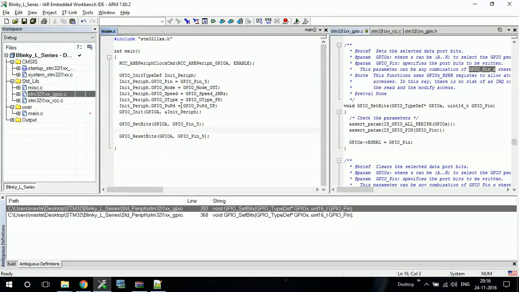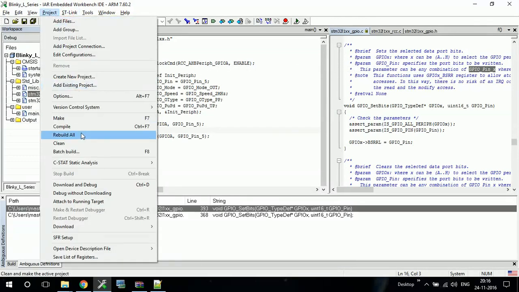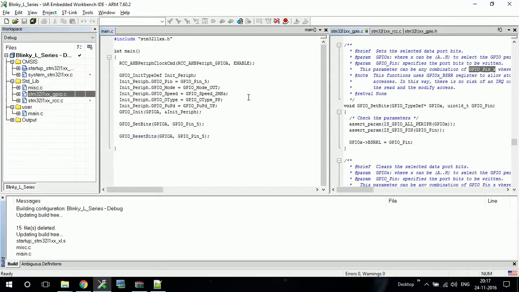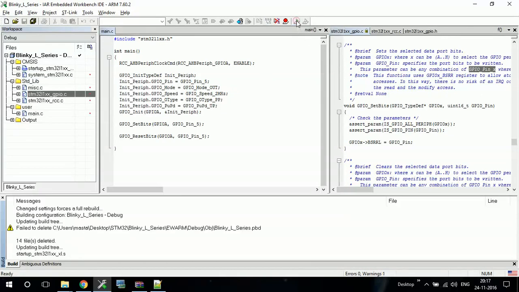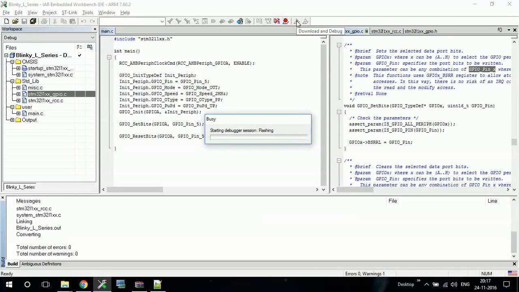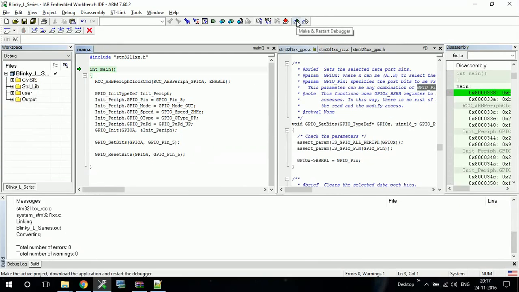But in case of this IDE or any good IDE, you can always use the debugging function to see the difference. So let me rebuild this project and we'll load this project from here, download and debug. I have connected my board with this computer. So we'll go into debug mode right now.